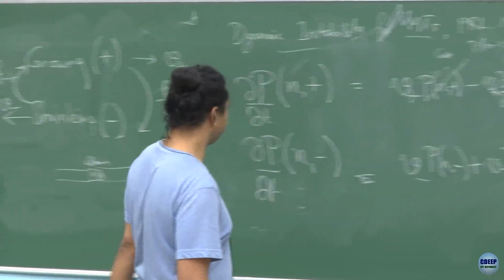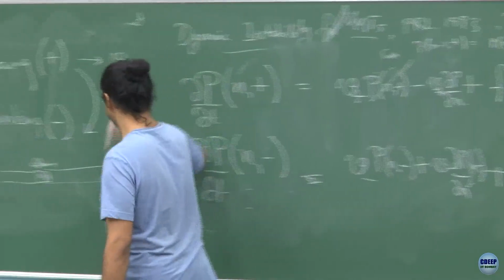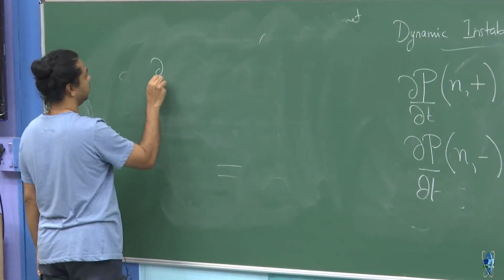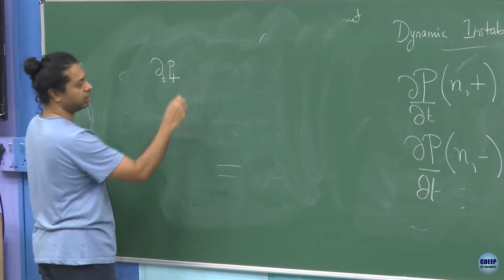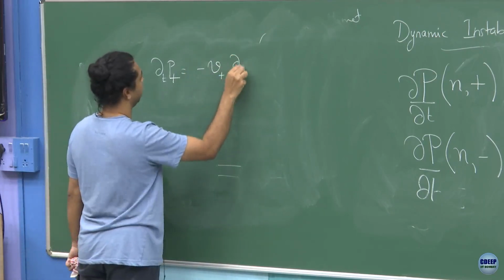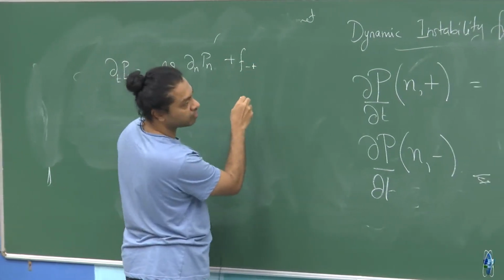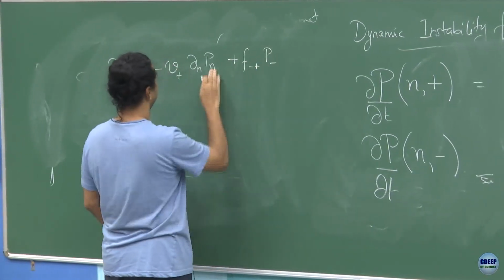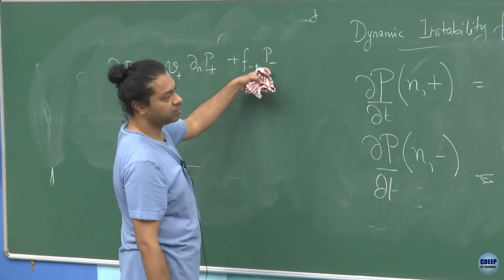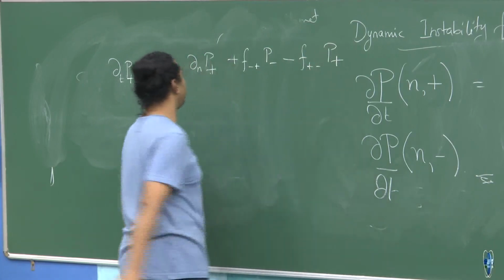All right. So, once I have expanded this, let me write a condensed notation. I have del T of P plus is minus V plus del n of P plus, plus F minus plus P minus. I am dropping the n subscript. So, this is P plus F minus plus P minus F plus minus P plus, that is one equation, and